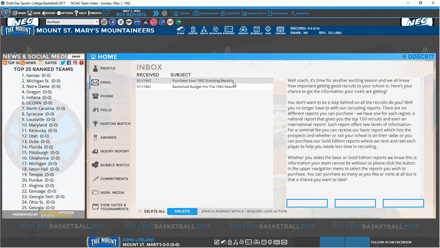And purchase your scouting reports. Time for another season. Getting new recruits is important. You don't want to be a step behind. Six different reports, one for each region, and a national report. So it's based on the level of school that you are. If you're Kentucky, North Carolina, Duke, one of the national programs,